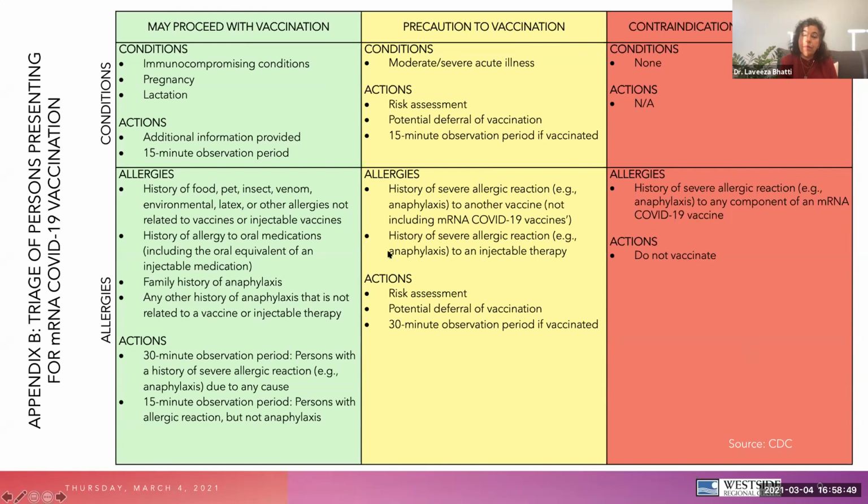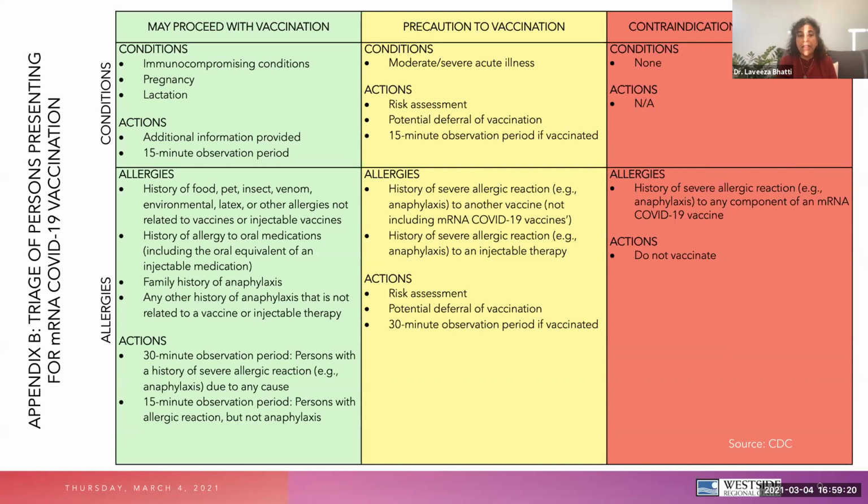Then it's important to know what the contraindications are. Contraindications means that you shouldn't take the vaccine. So the good news with this is that there is no medical condition that is listed as a contraindication, as you can see in the red bar on the side. By the way, I did miss saying this, that if you are having any fever or if you're sick,